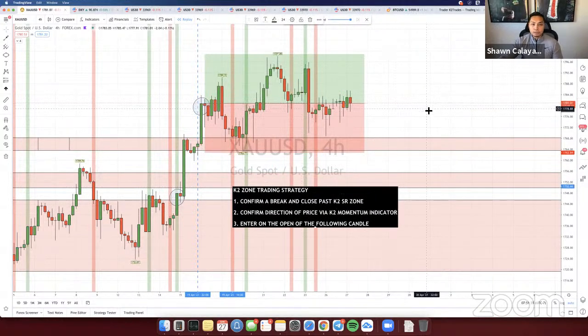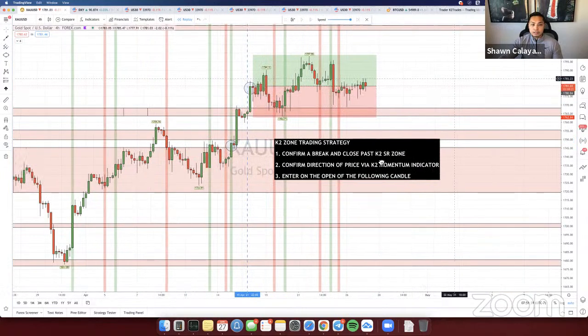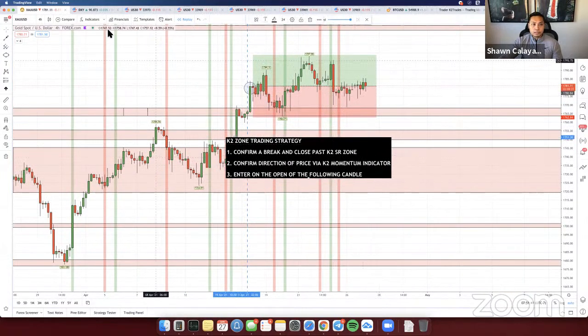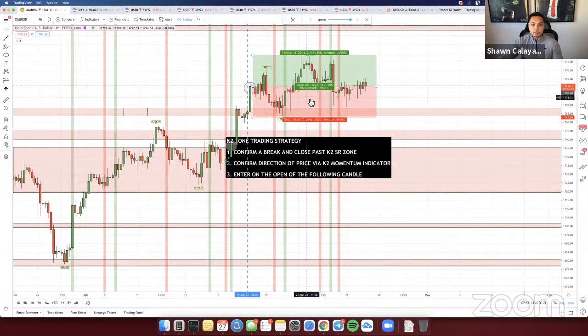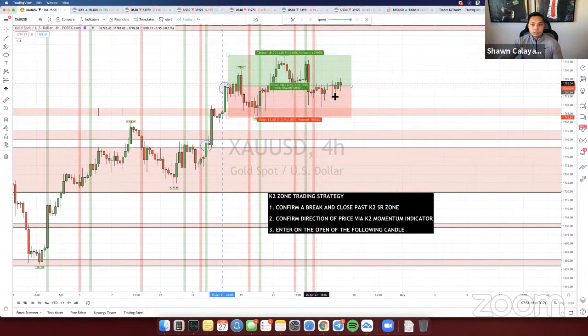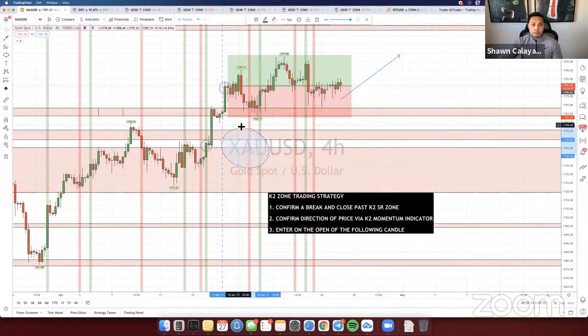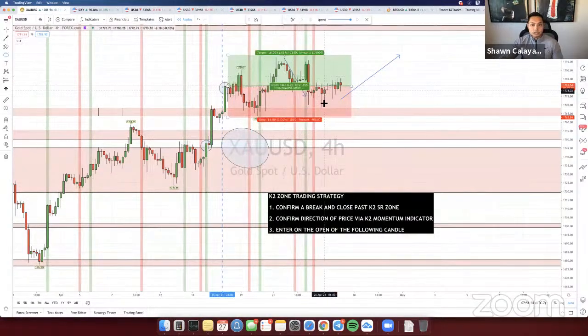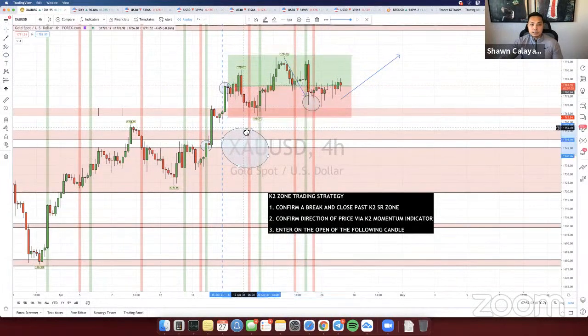If you're familiar with using the dollar as a confluence for gold, that's probably going to be your best confluence. You just look at this here. When price is going up, that means the first currency is stronger than the second currency, right? So when price is going up, gold has to be stronger than the dollar. When price is going down, that's why we had it marked up right here for the rejection, because the dollar is stronger. So when price is going down, the second currency is stronger than the first currency. So for example, here, we'll pull up the DXY.